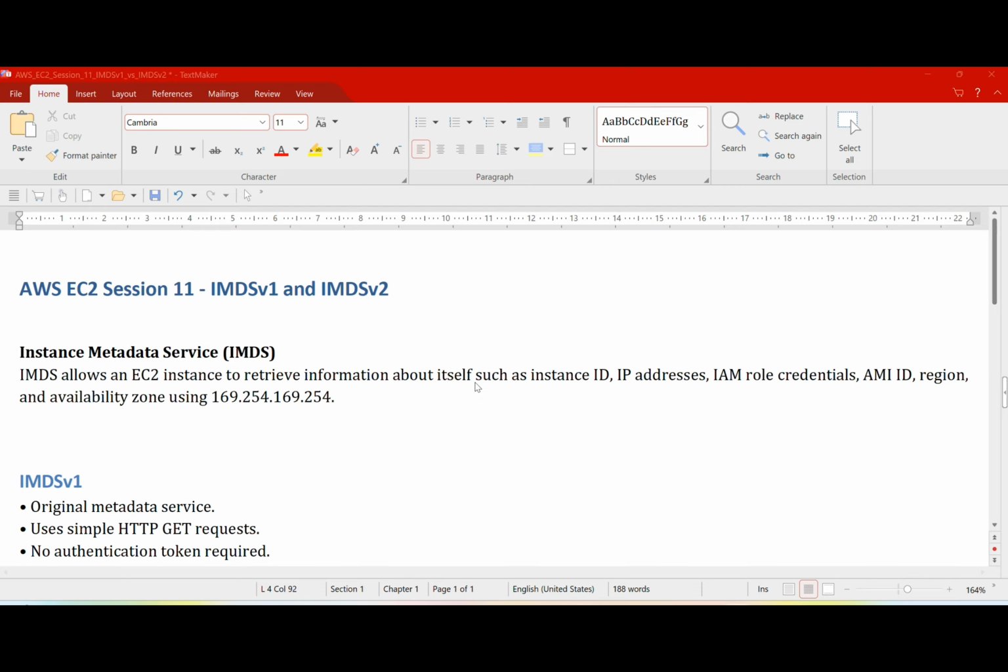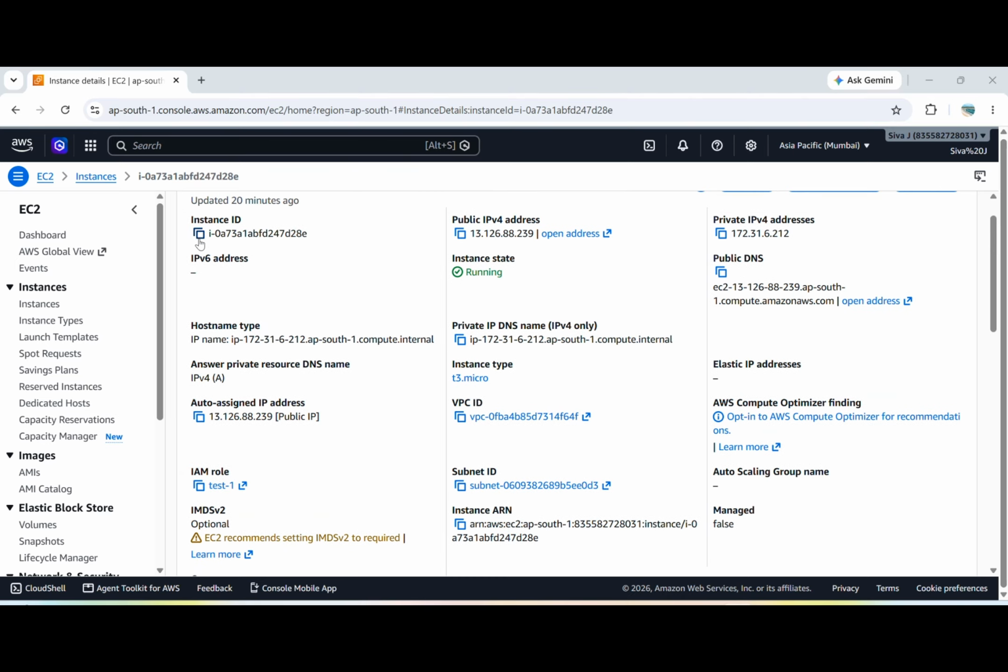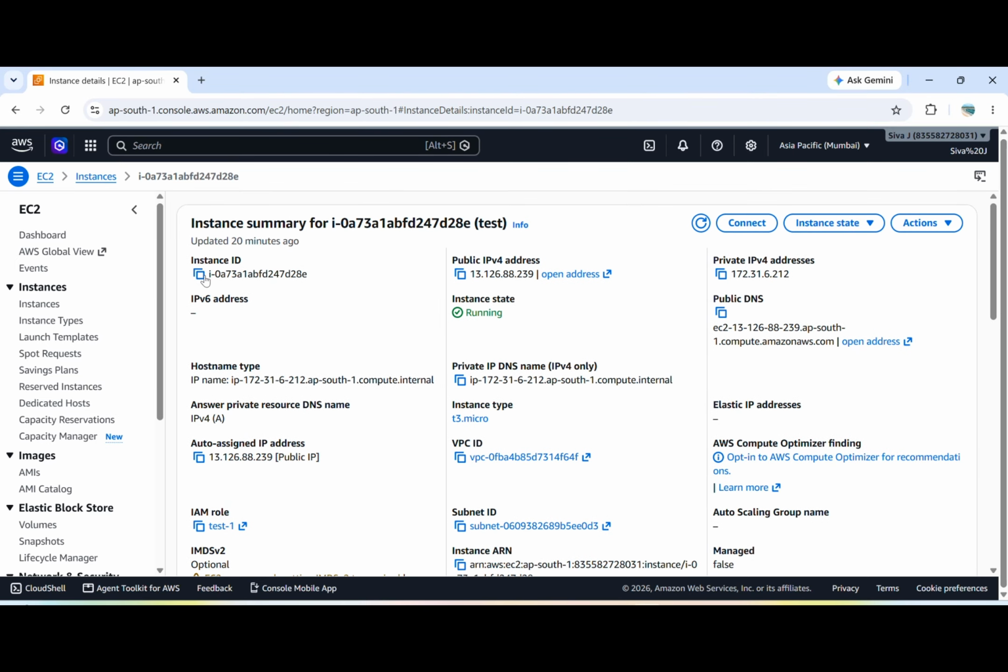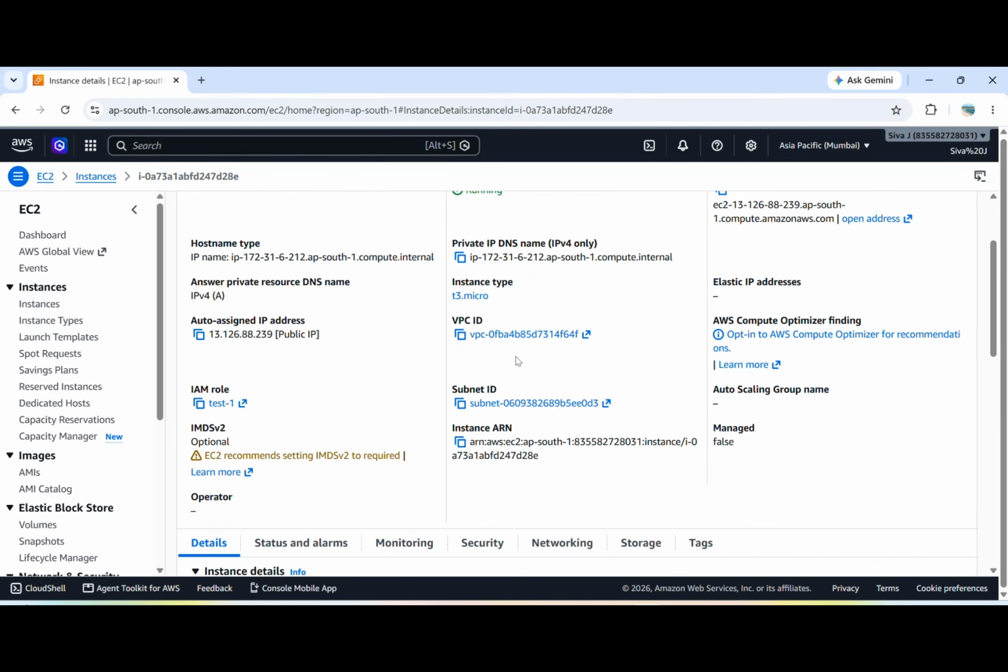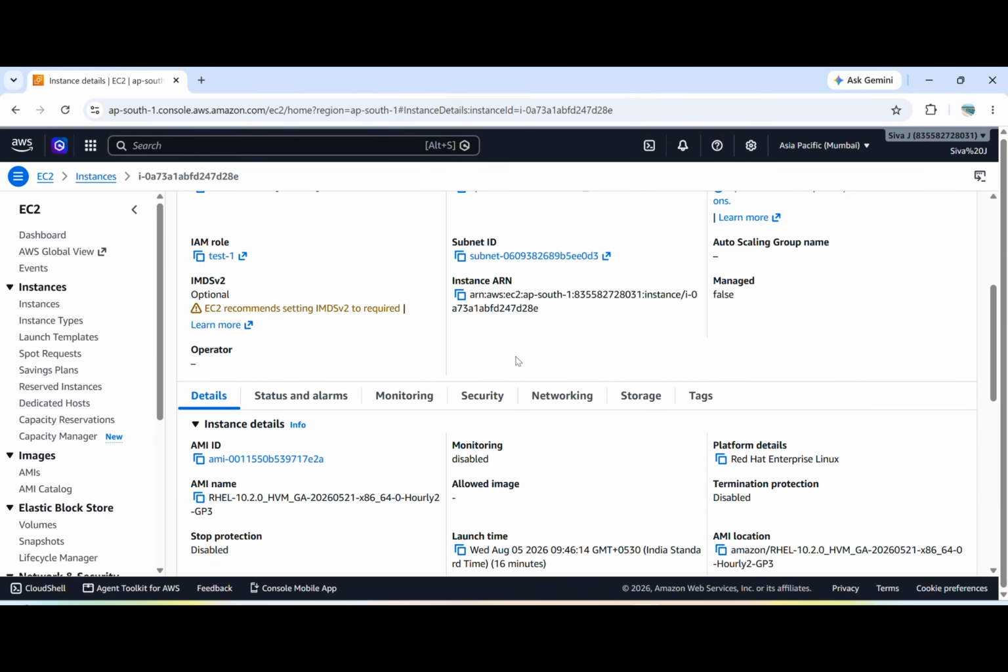Instance Metadata Service is a service provided by AWS that allows an EC2 instance to retrieve information about itself. For example, an EC2 instance can get its instance ID, private IP addresses, public IP addresses, security groups, availability zone, AMI ID, IAM roles, everything, whatever data is present in the metadata, it will get using the